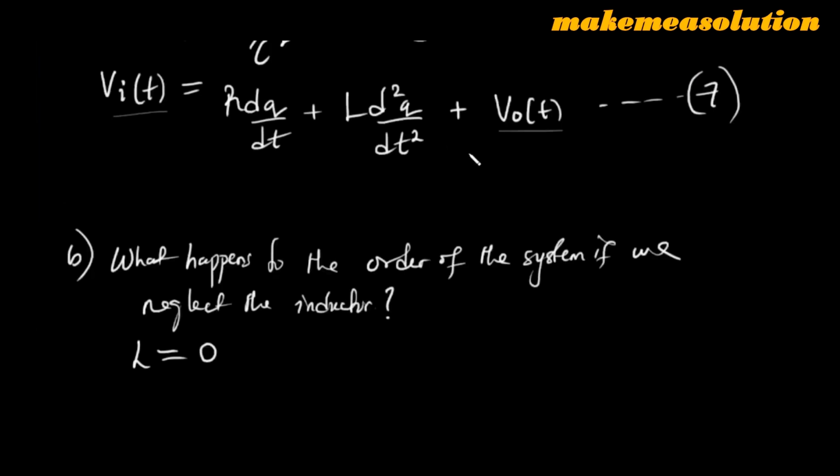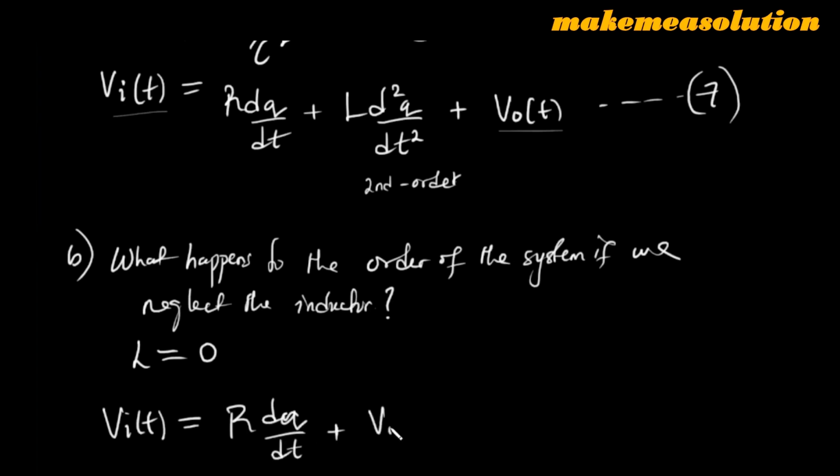So replacing L with 0, take note that this is a second order because you have second derivative present. So if you replace L with 0, you have your Vi of t is equal to R dq dt, plus you will have V naught of t. So this becomes first order